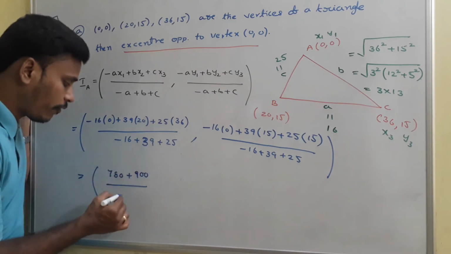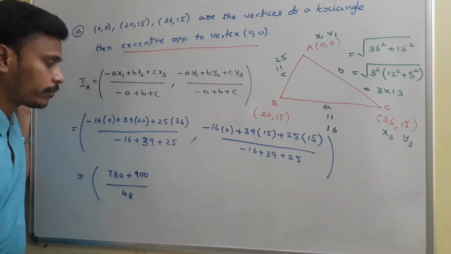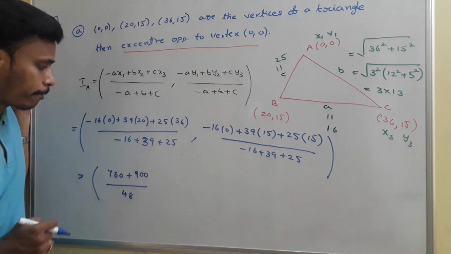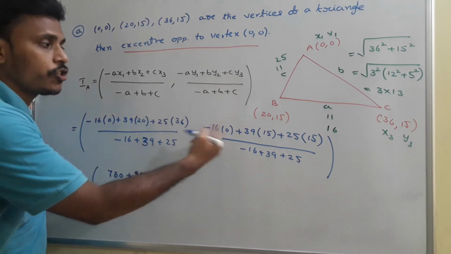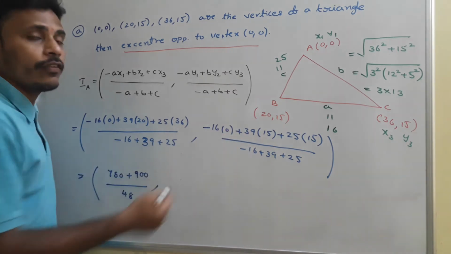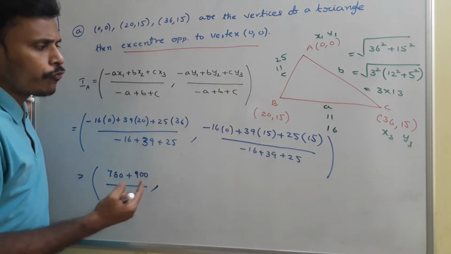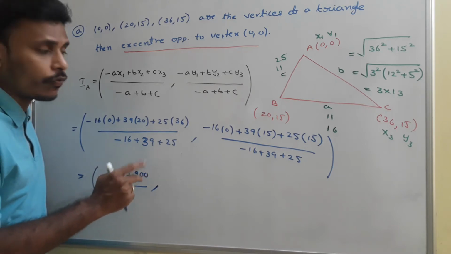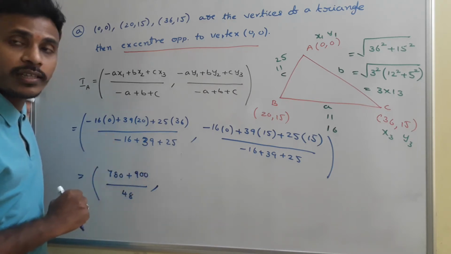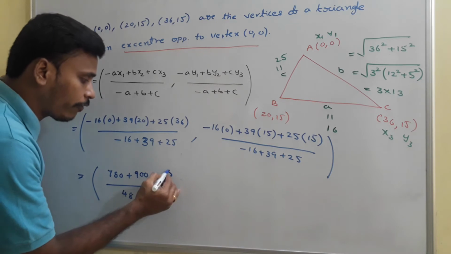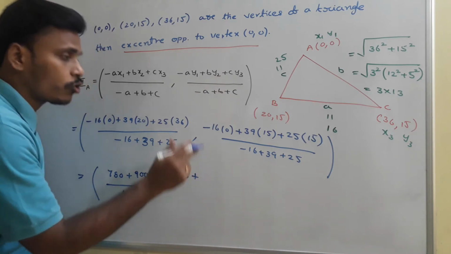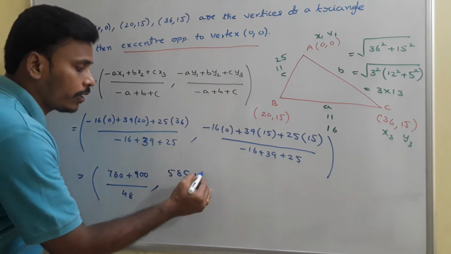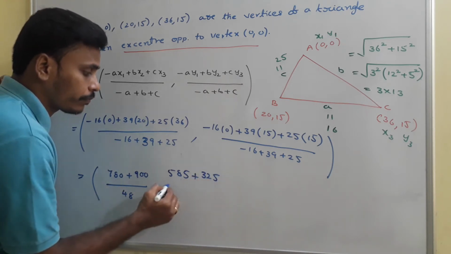23 plus 25 is ultimately 48. You just check it, okay? Right, comma, here this is 0, 39 into 15 we need to identify. So 15 3s is 45, so 15 into 30 is 450, and 15 into 9 is 135, 550, 585 I think so. Plus 25 into 15. So 250 plus 75 is 325.